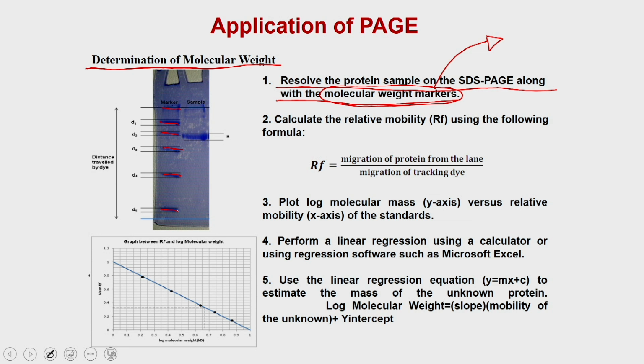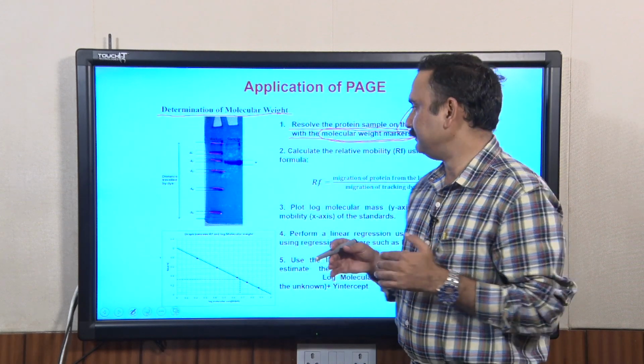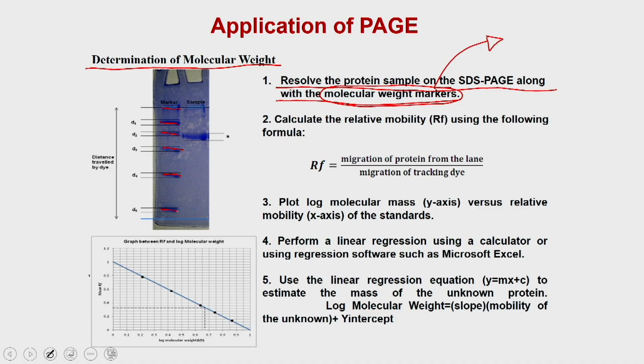Because you know it already, you can use that to derive a calibration curve. Once you have resolved the samples on the SDS-PAGE along with the molecular weight marker, you calculate the relative mobility, Rf, using the formula. Rf is equal to the migration of a protein from the lane, which means from here,